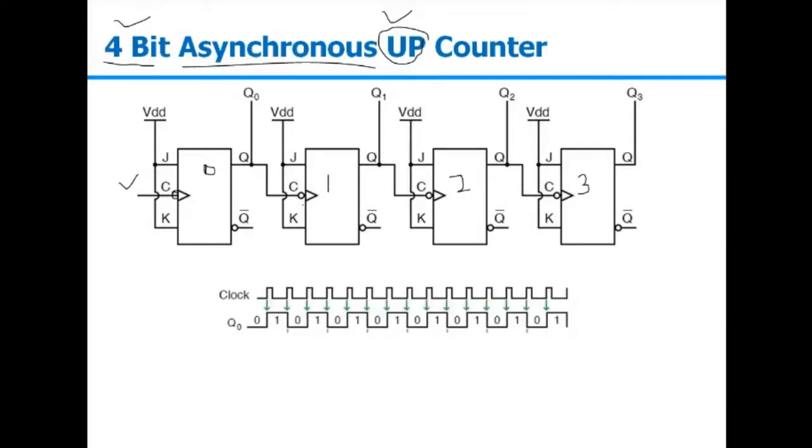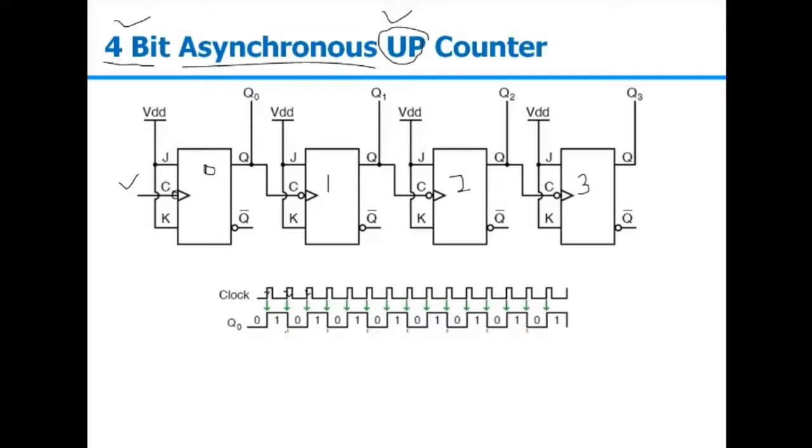So this is the clock, and at every edge, our Q naught will be changing its value because flip flop zero will be working, and since J and K both are equal to 1, it is working in the toggle condition. So if initially Q naught is in the reset condition, then at every occurrence of the clock pulse, it will be toggling. So from 0 to 1, in the next clock, it will be 1 to 0, then in the next clock, 0 to 1, and so on.